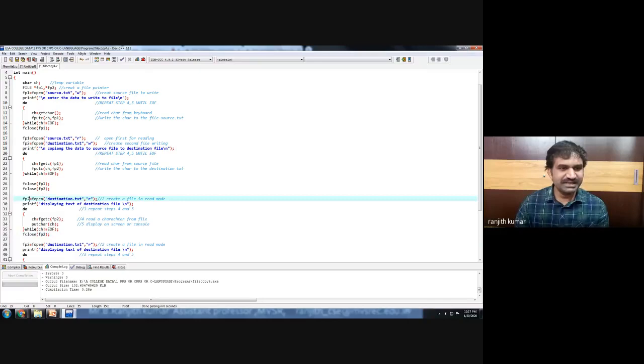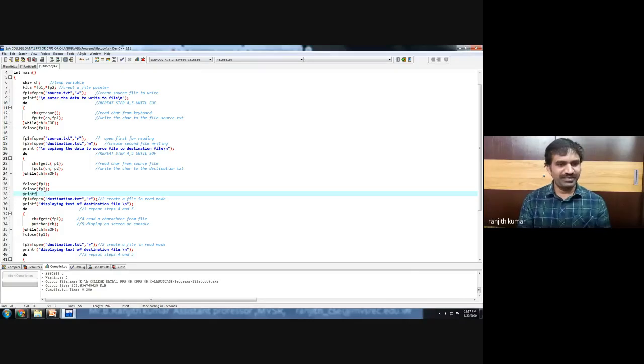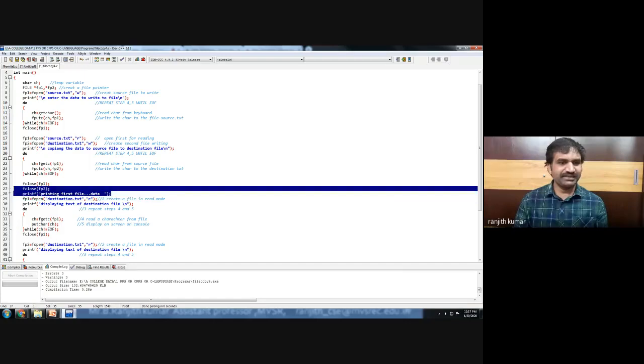The only difference is here, you open the first file and read the contents from the first file, with FP1, and all the details are the same. So you can print the first file data as well as the second file data.